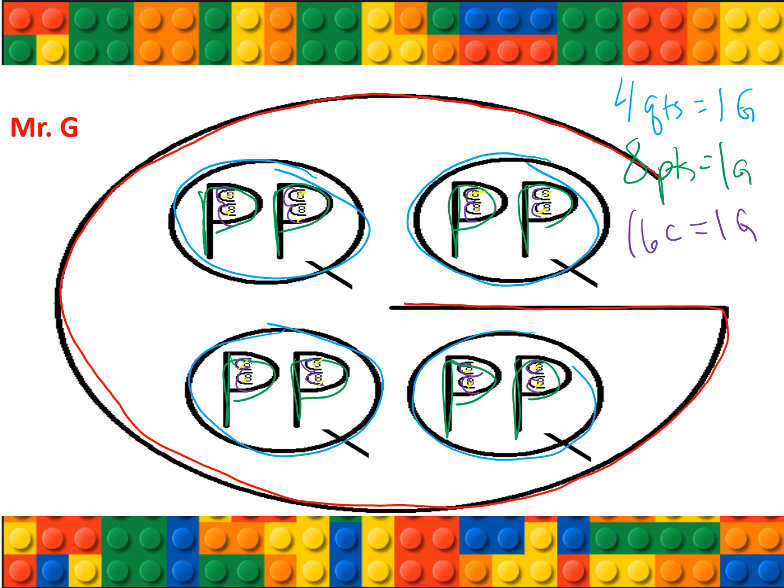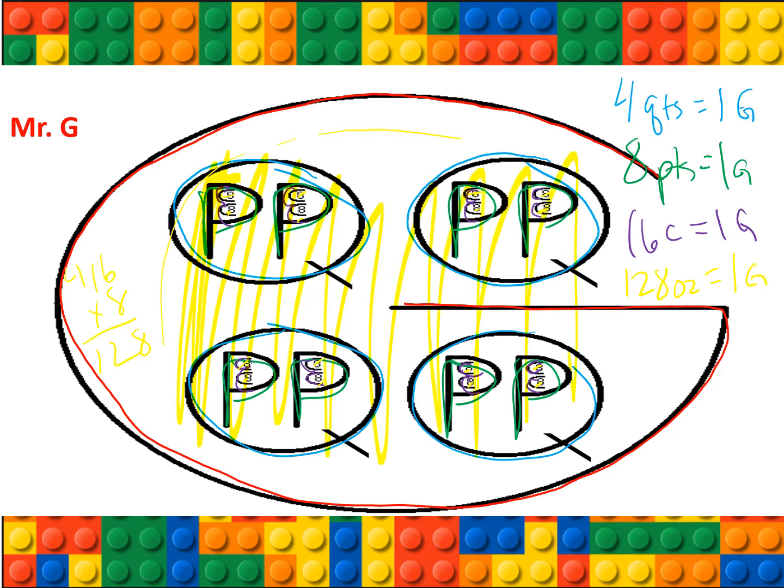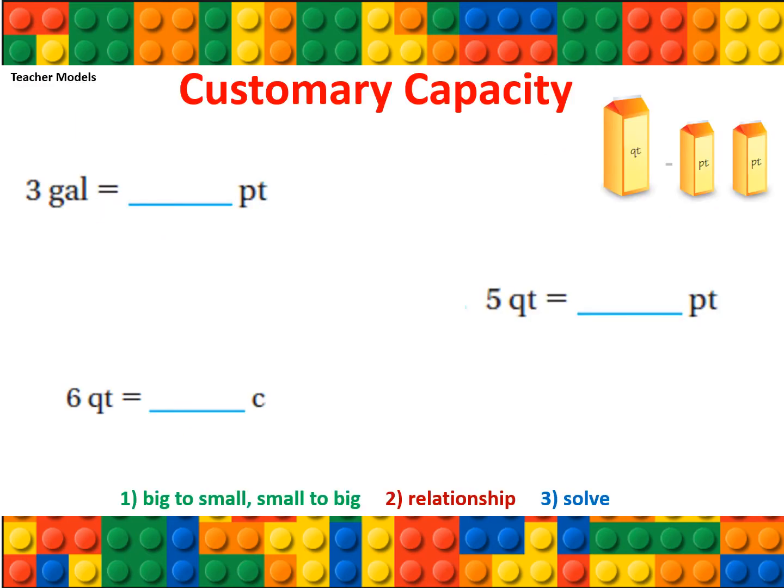We have 16 times 8, which gives me 128 ounces equals 1 gallon. So everything inside this big G equals 1 gallon: 4 quarts, 8 pints, 16 cups, and 128 ounces. All right? So now, keeping in mind the big G, which you have a copy of in your journal,